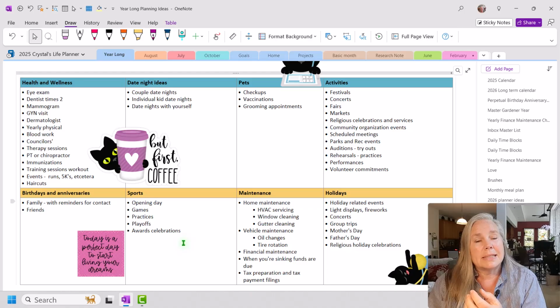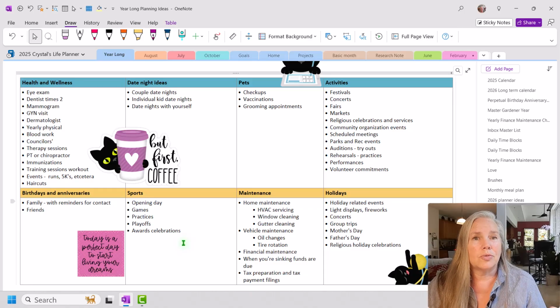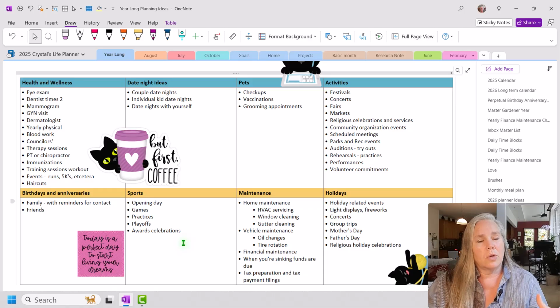And then when somebody says to you, hey, would you like to do such and such next March? Would you like to take a weekend girls trip to go see such and such a concert? You can look at your long-term calendar and already know if you have time to do that or if you already are committed somewhere else, okay?